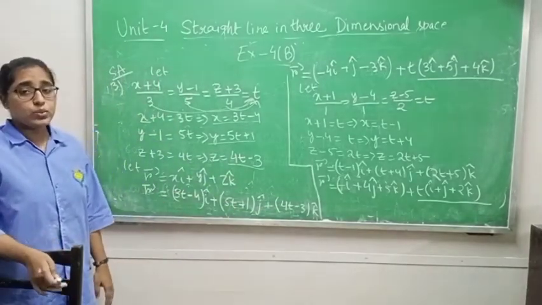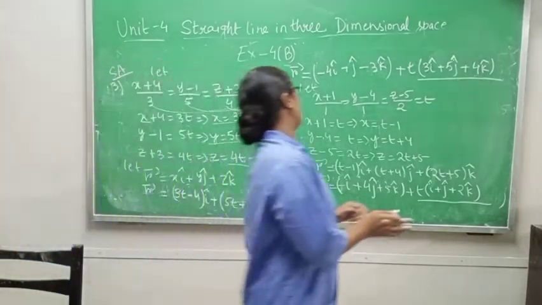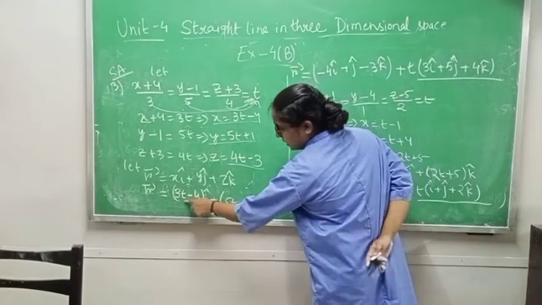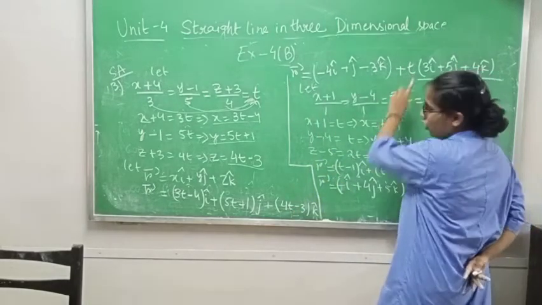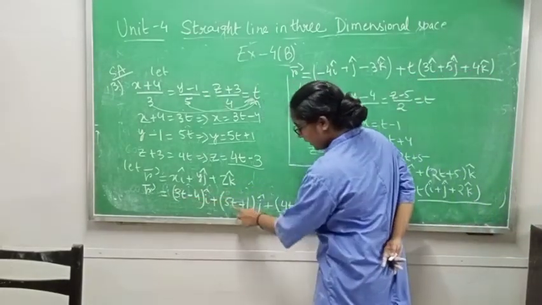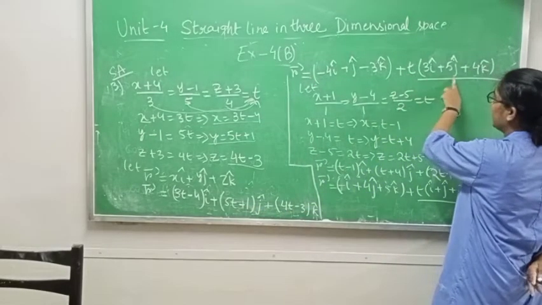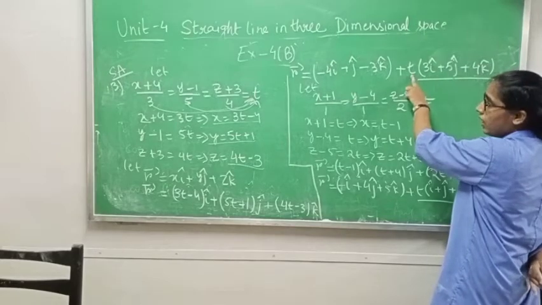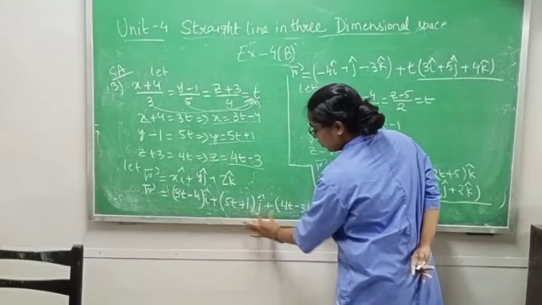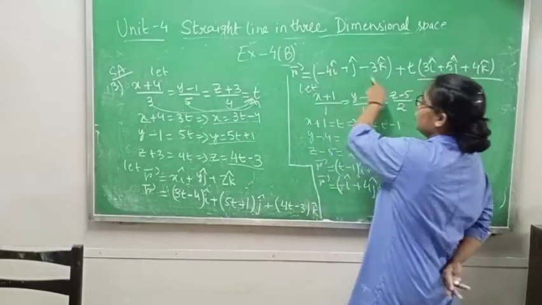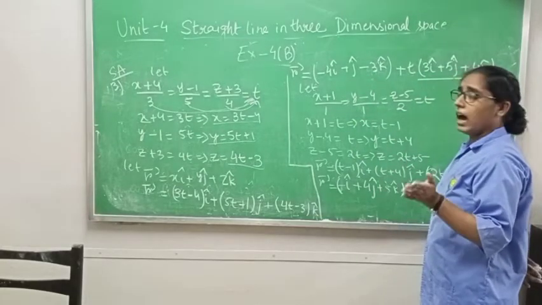Now after doing this, we will separate all the t terms and all the remaining terms. Here you will see 3t, 5t and 4t are present. When you take t as common, it will become 3i, then 5j and then 4k. So I have written 3i + 5j + 4k, only taking t common. And the terms without t are −4i, then +1j, −3k. You know how to separate this. I am not showing you again because in the last exercise we have already done how to separate.